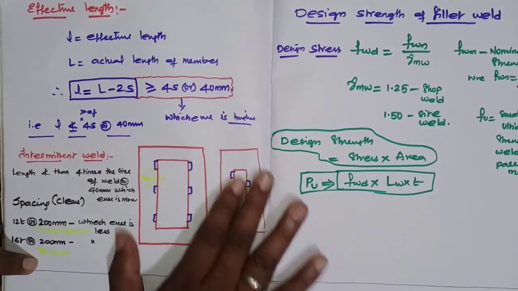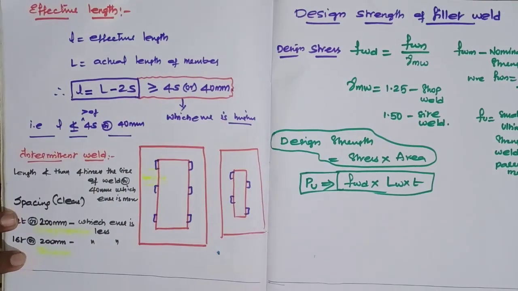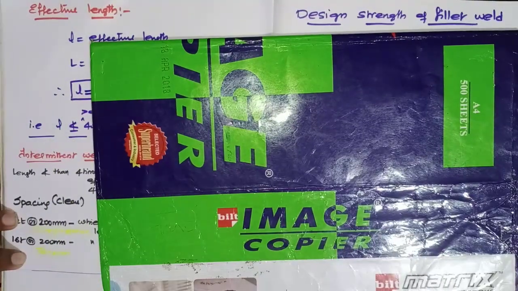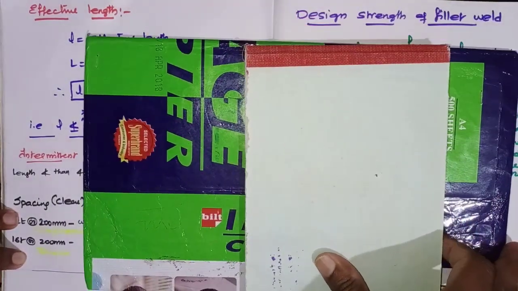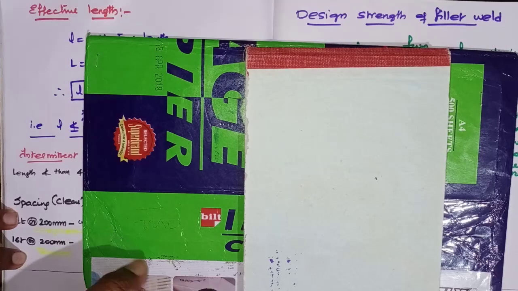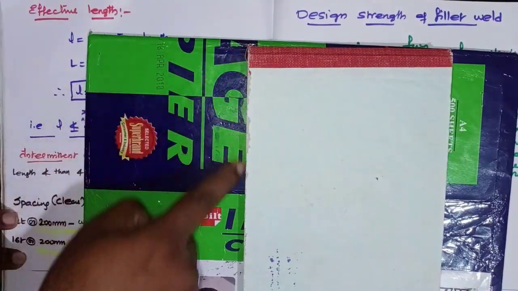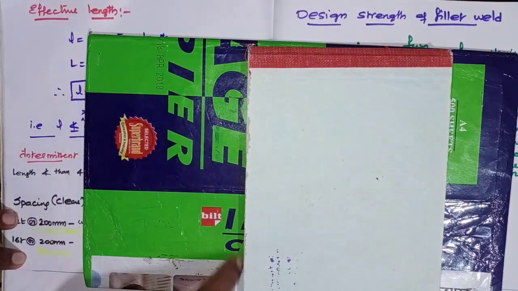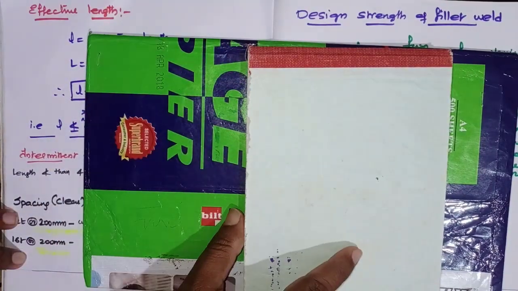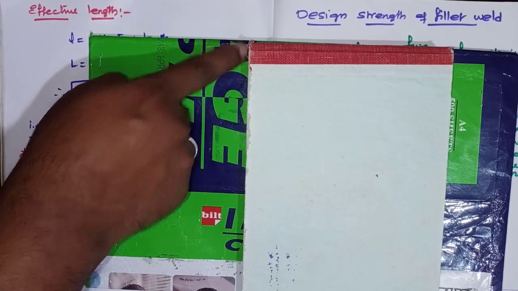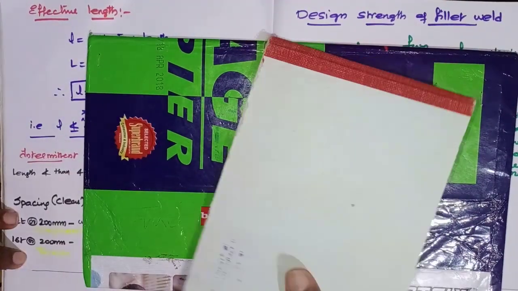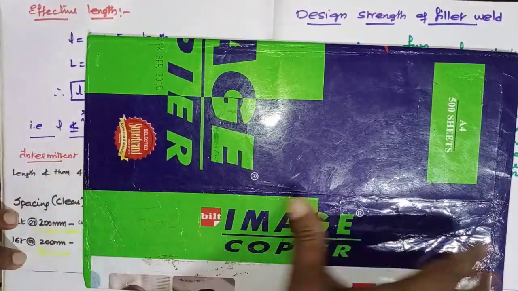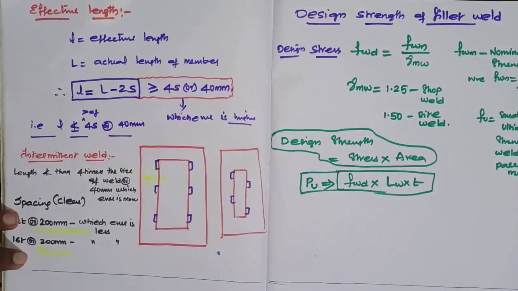And coming to the effective length. Generally, if this is a member, I am going to connect this member. You consider here up to here only, and this is the actual length of the weld I am going to connect. But this should not be done up to here. Even though you are doing welding up to here, you have to consider the effective length only, because at the corners we are not able to do the welding perfectly, which is not taken into consideration. I think you got my point.